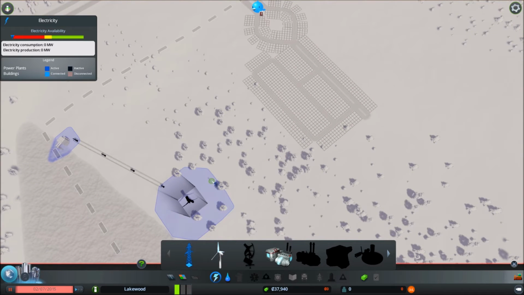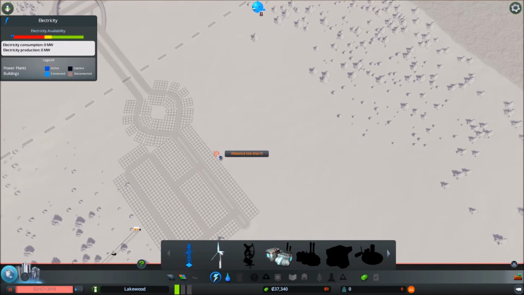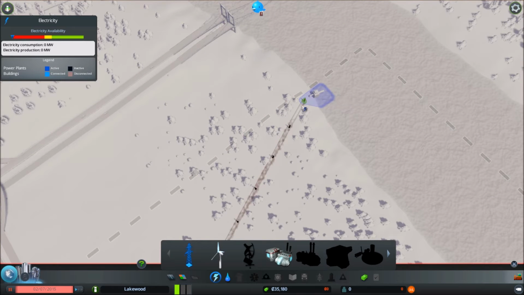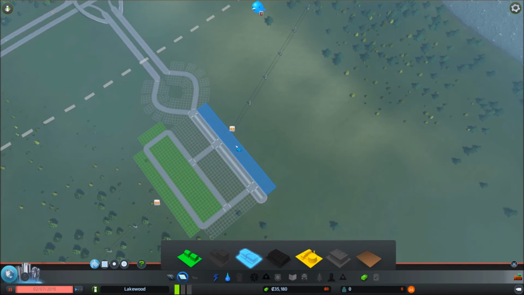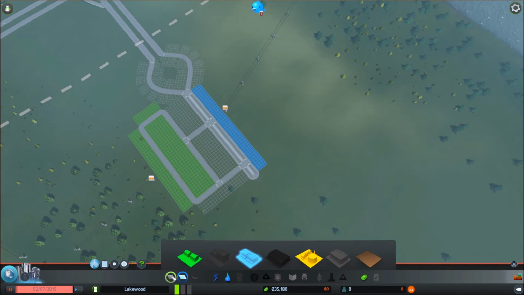Let's drag our electricity over. Make sure we get those guys hooked up. And then I'm going to put my commercial on this side, and we'll drag our electricity over to there, because we will need some commercial areas. We'll get some commercial going over there. And then for our industry,